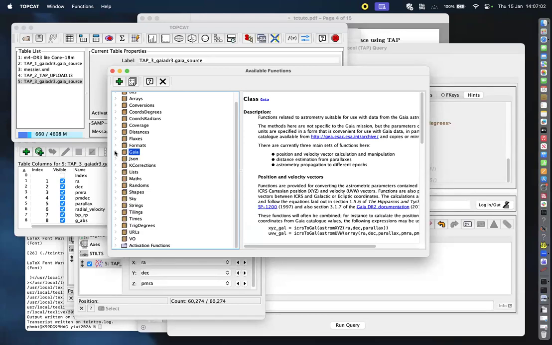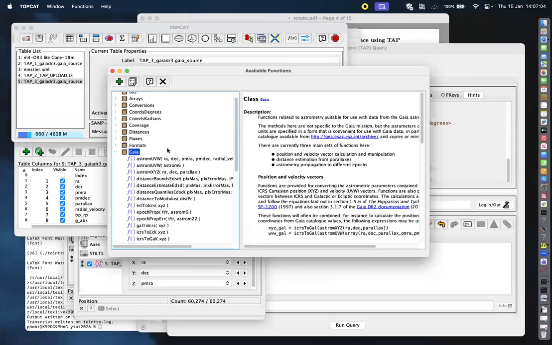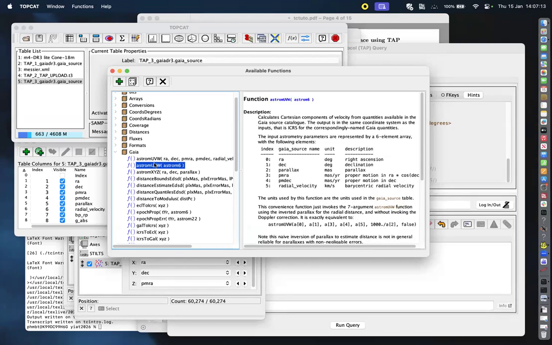But the ones I want today are Gaia. These are astrometry related functions that are particularly well suited for Gaia data. The one I'm going to use now is this one, astromUVW. What this does is take RA, DEC, parallax, PMRA, PMDEC, and radial velocity, no coincidence, exactly the form they exist in the Gaia source catalog,